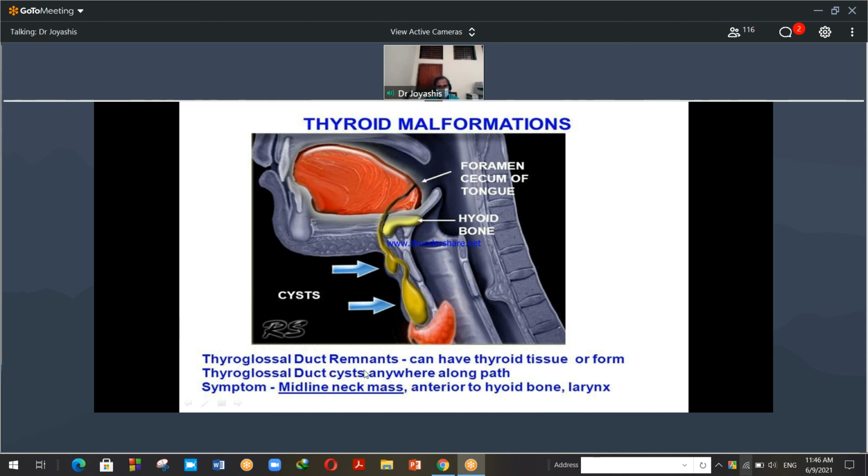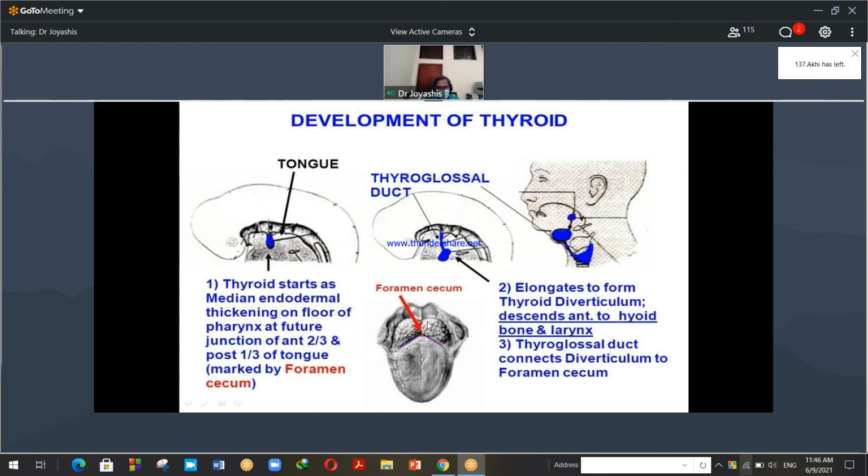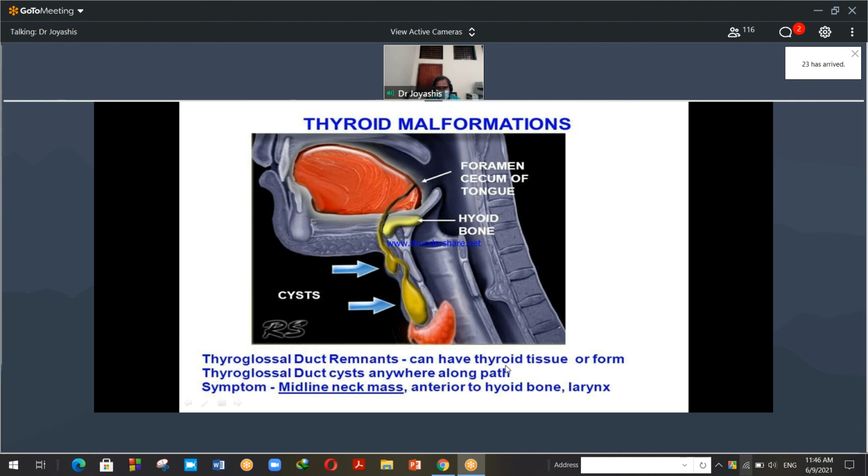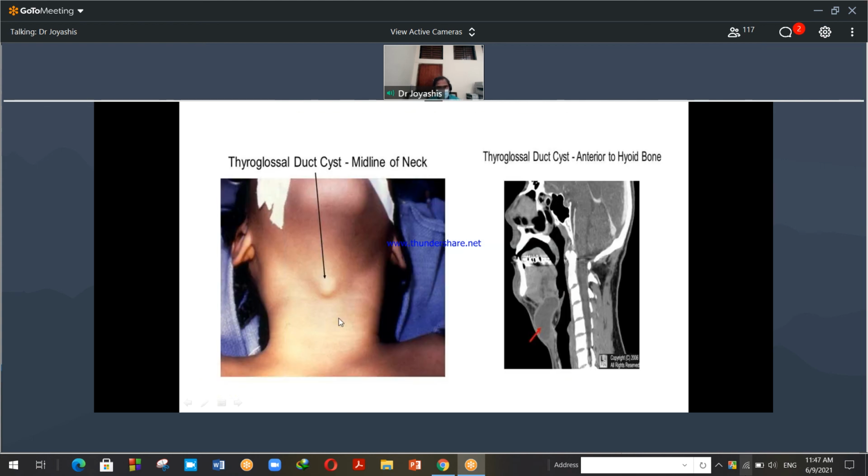Thyroid malformation হতে পারে, thyroglossal duct remnant হিসেবে থেকে যেতে পারে। Thyroglossal duct আমরা আগেই লিখেছি যে foramen cecum থেকে thyroid একটা লিংক, যে ট্র্যাক্টের মাধ্যমে সেটাকে আমরা বলছি thyroglossal duct। এই thyroglossal duct remnants থেকে যেতে পারে, can have thyroid tissue form thyroglossal duct cyst anywhere along the path. এই ট্র্যাক্টের যে কোনো জায়গায় cyst হিসেবে থেকে যেতে পারে। সিমটমস কি, মিডলাইন নেক লাম্প, একটা সোয়েলিং এর মতো থাকবে গলার সামনে, anterior to hyoid bone and larynx। এই যে এটা হচ্ছে thyroglossal cyst, midline thyroglossal duct cyst anterior to the hyoid bone।